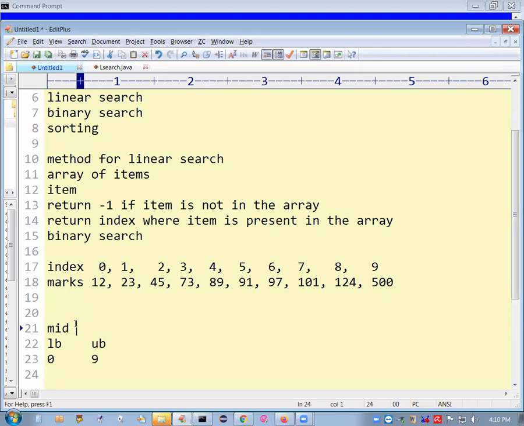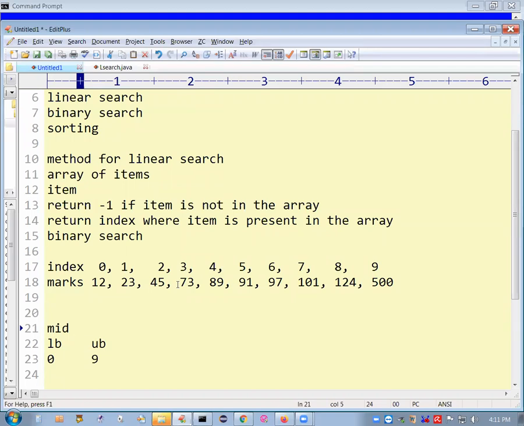What we do is, we always find the middle index given the lower bound and upper bound. How do we get the middle index? By simply adding the lower bound and upper bound and dividing by 2. Essentially, it is like opening a book, because all the page numbers are already sorted. When you print a book, you pack all the pages in increasing order of page numbers.